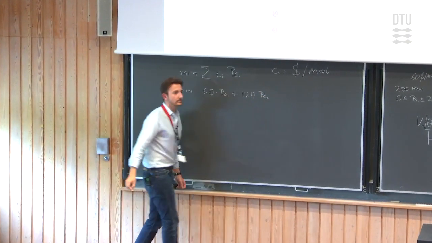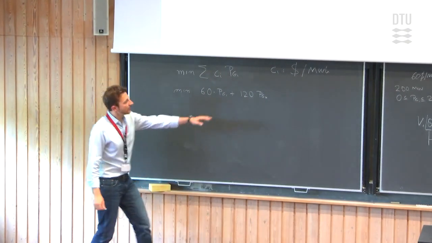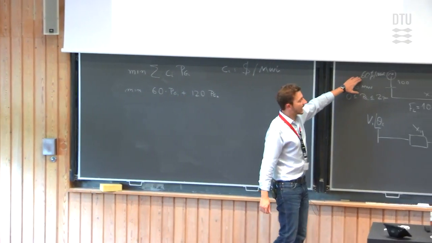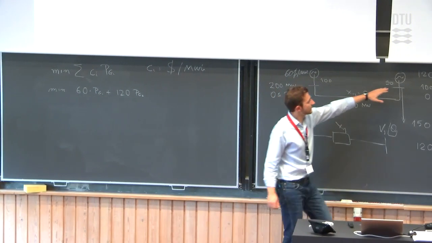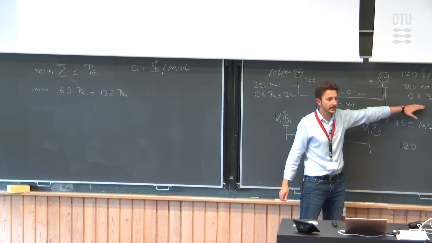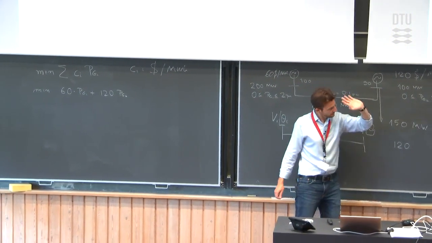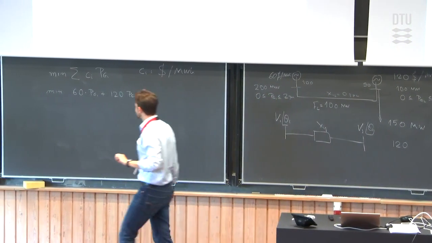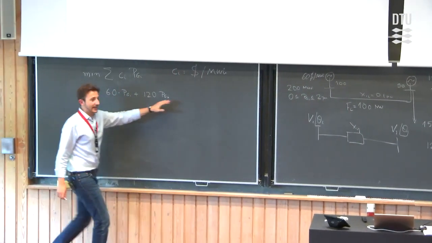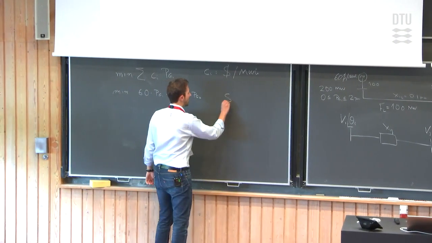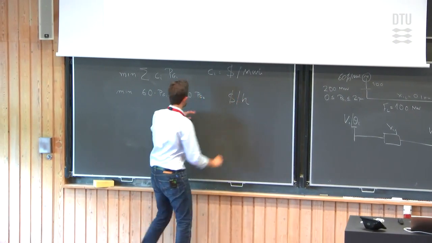Is that correct? 60 times PG1, 120 times PG2, in megawatt. Indeed. So if I want to get dollars per hour, this must be in megawatt,